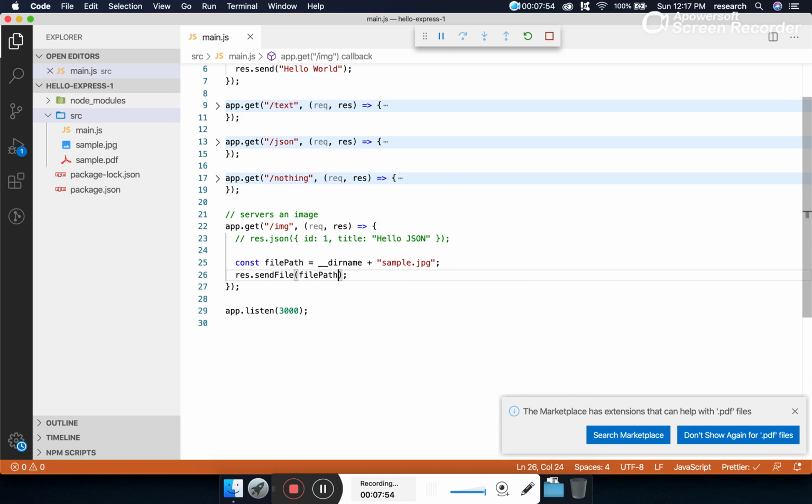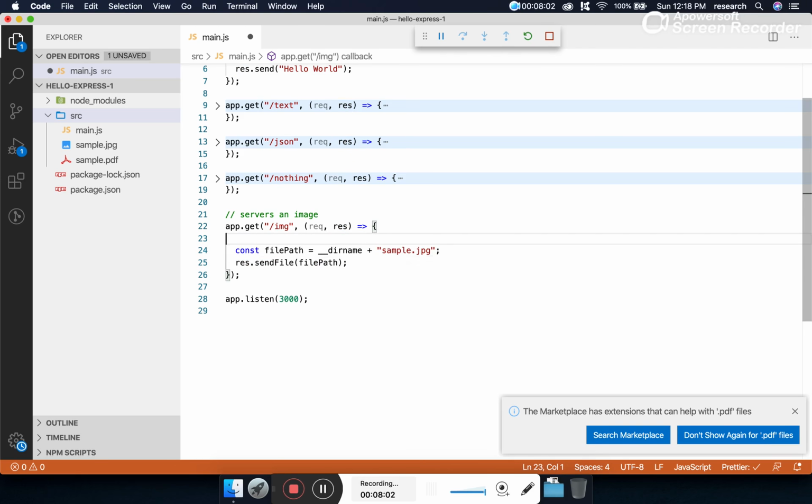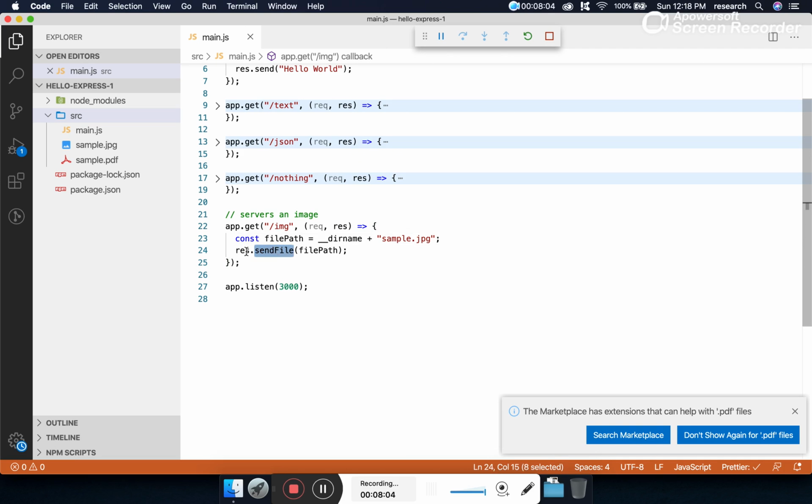Either we can return a text response or a binary response, and once the response has been generated, we cannot send a response another time. That's why I'm removing these lines. So response.sendFile is used to serve images or PDFs.